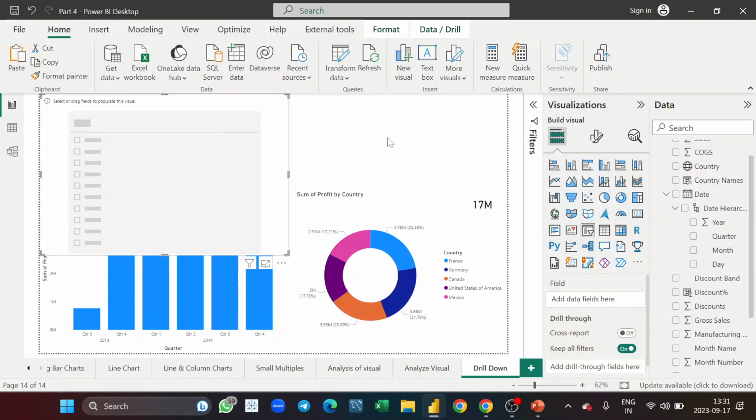So the slicers, if you have done the Excel, then you will be aware about the filter option or the slicer option. The slicer option slices the data as per the selection. So in this, we can take different kinds of field and we can see data on the basis of that. For example, if I take, let's say, a segment,